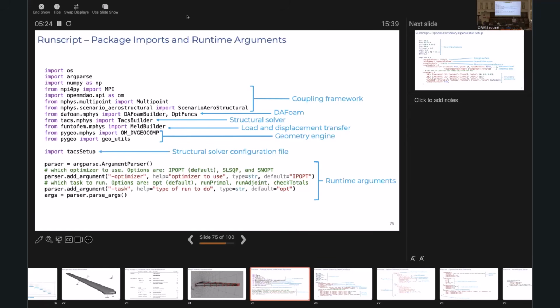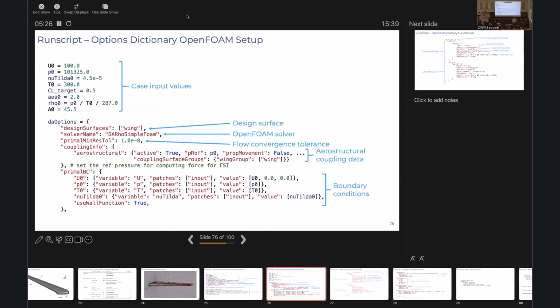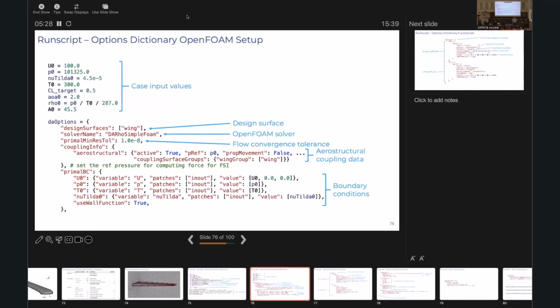Again, we have an argument parser, and then we move on to our options dictionary with DAFoam. So again, we start setting up the OpenFOAM case, and as you'll see, if you remember from before, this is very similar to what we had before. We define our initial case input values, we define our design variables and the solver we would like to use, in this case, the AeroSimpleFoam, because it's a compressible case, our tolerance, and then something that is different from the aerodynamic case is